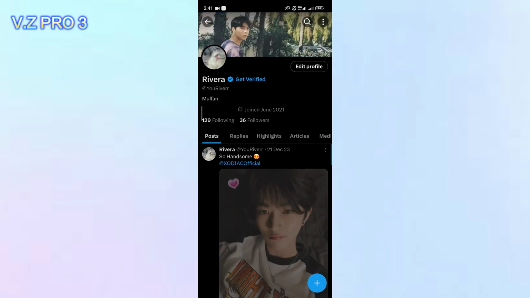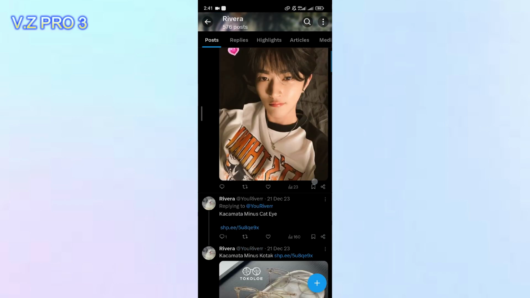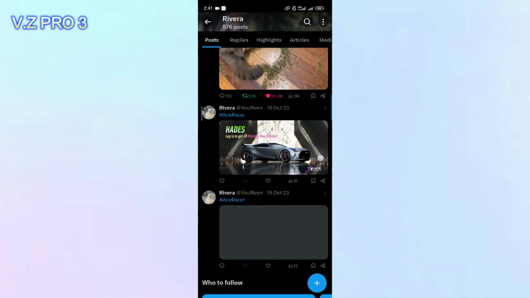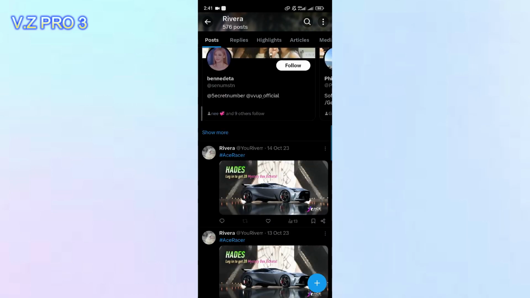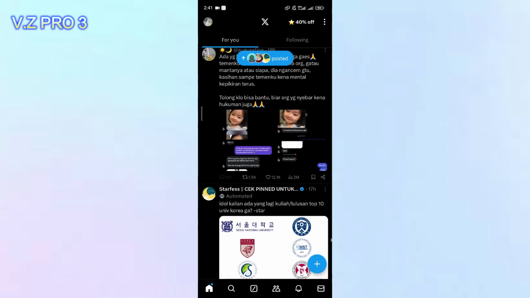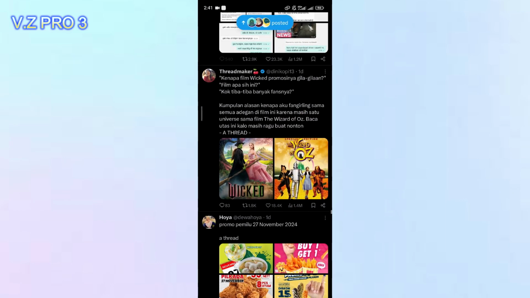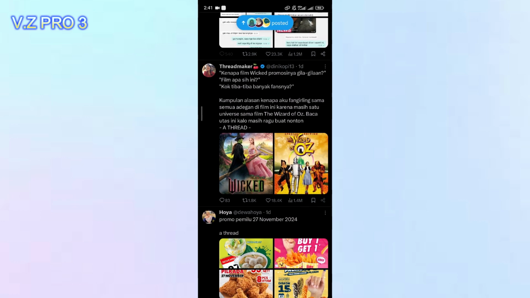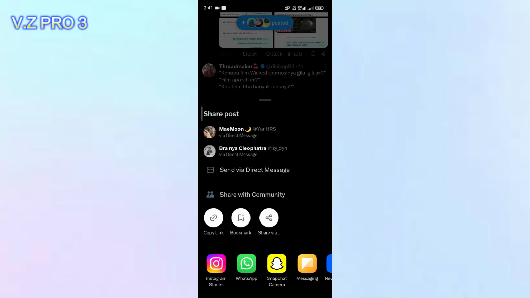So first of all, we have to open our Twitter. Now you can choose the tweet that you want to share to your Instagram story. For the example, I will choose this tweet. Now you can just tap on the share icon here on the tweet, and you'll find there is an option Instagram stories. You can just tap on that,